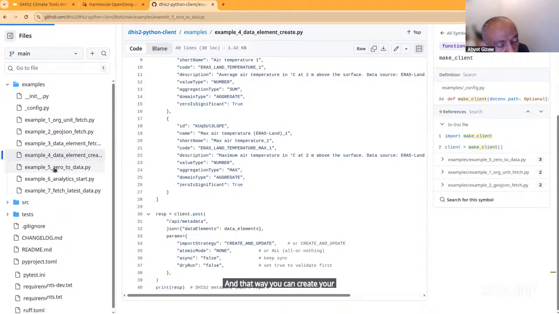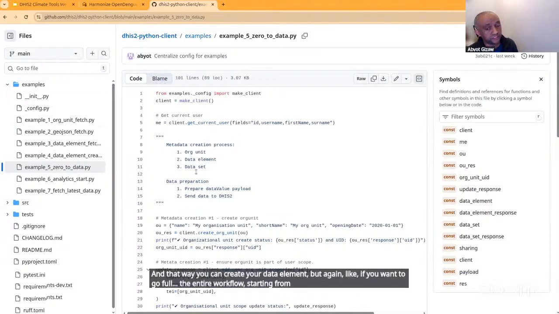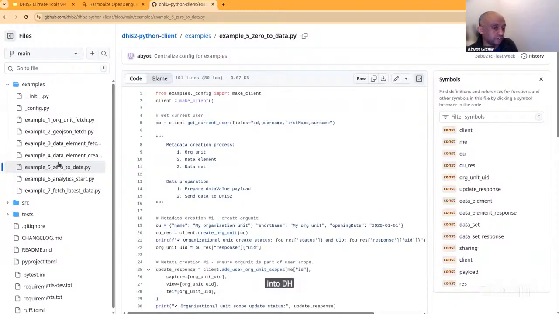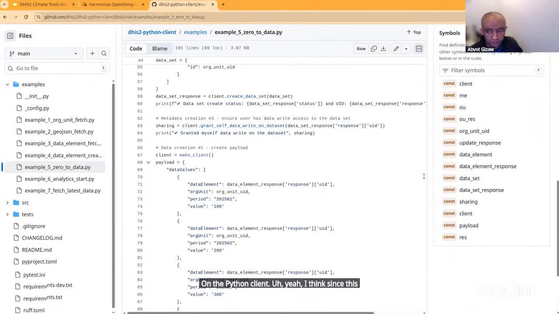But again, if you want to go through the entire workflow, starting from metadata creation all the way to data preparation and then pushing data into DHIS2, we also have an example, which is publicly available on the Python client. Since this is pretty much available,